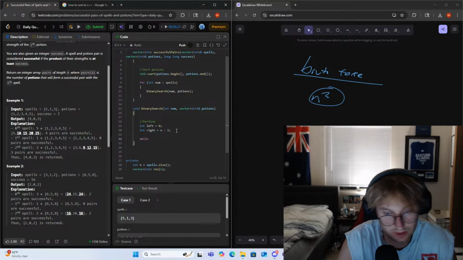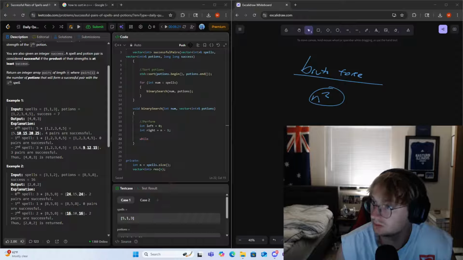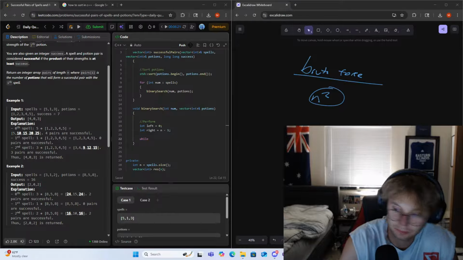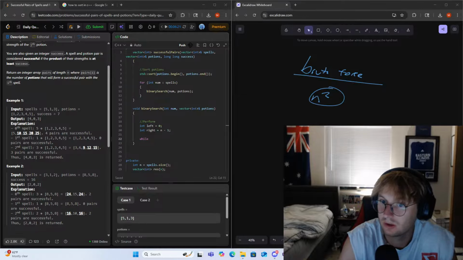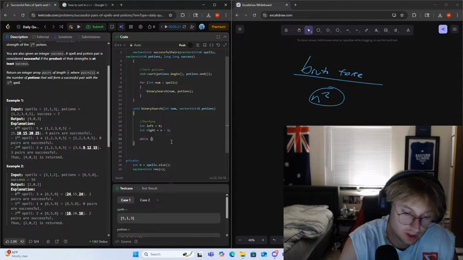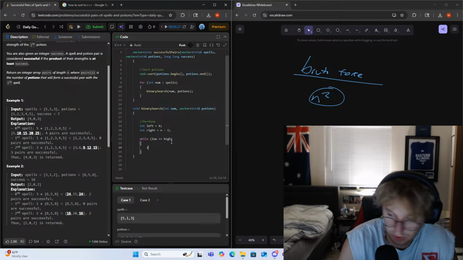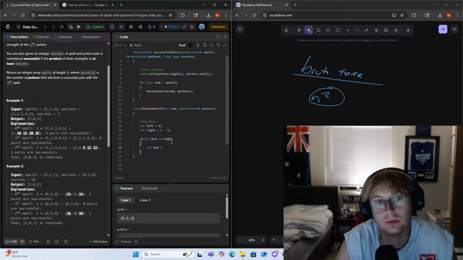We then go, okay, well, while low is less than or equal to high, we want to calculate our mid here, right? So int mid is equal to, I